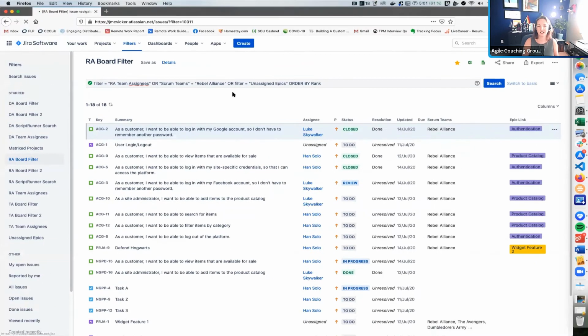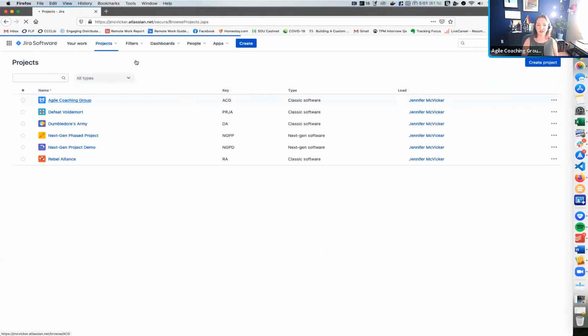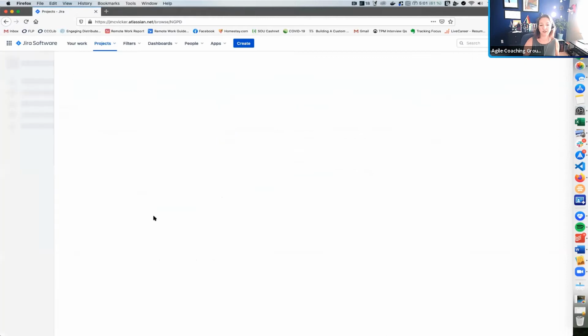Okay, so when you first log into Jira, this is showing all of the projects that I have set up. I've got 2 next-gen projects, so I'm going to go over those first really briefly because we're not going to spend a whole lot of time on those. This first project,